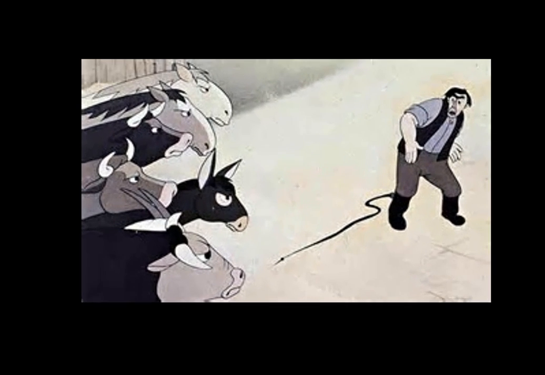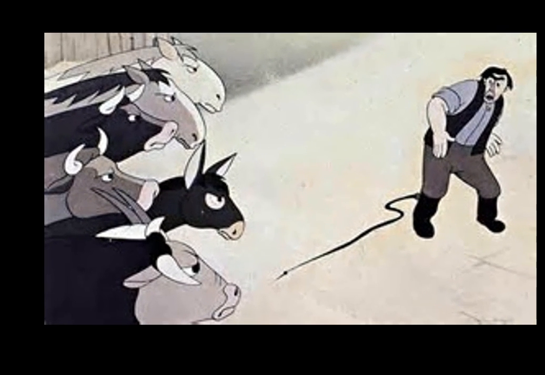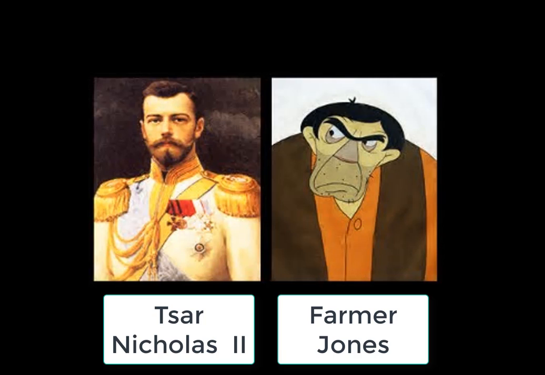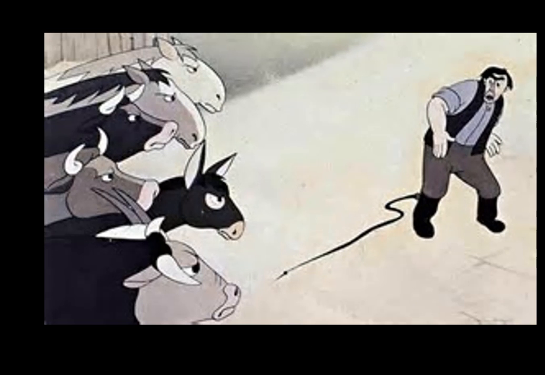It goes from being controlled by Mr. Jones, who stands in for the Tsar of Russia, who was the Emperor of Russia, Nicholas II. So the character Mr. Jones, who's the farmer, is like Nicholas II. And the people in Nicholas's country overthrew him, and just as people overthrew the human master in Animal Farm, the